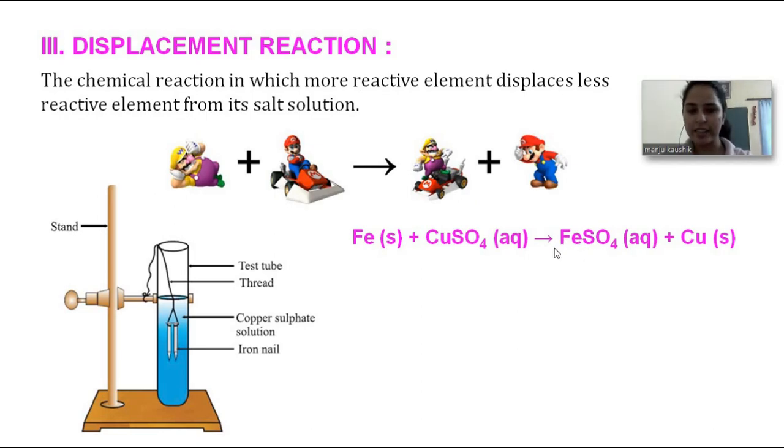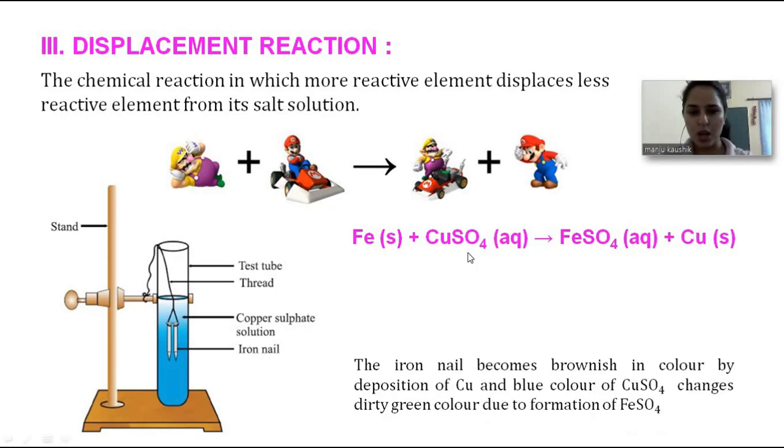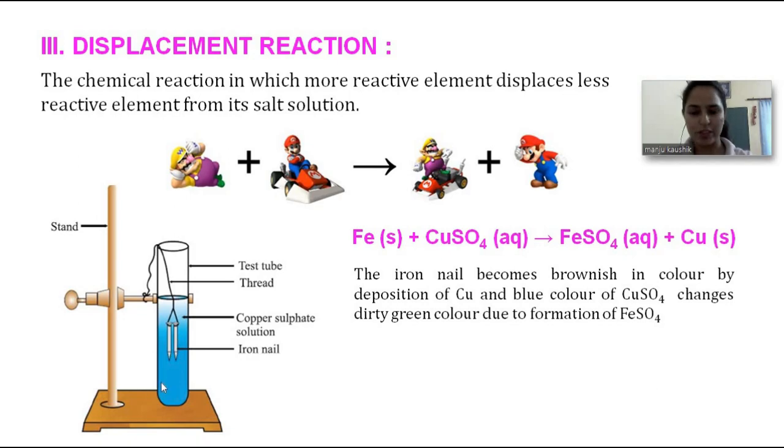It is ferrous sulfate, and it displaces copper. So the color of the solution, which was blue, will change to a dirty green color due to the formation of iron sulfate. Iron can do so because it is more reactive than copper, whereas the opposite of this reaction will not be